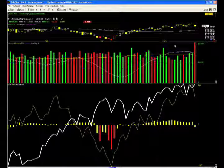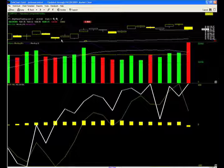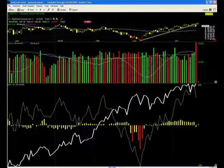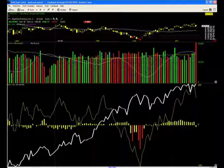and I think the reason why is because of the baby tail that you see here. Also, looking at the support line right here, you can see how it held. And then, even if you want to go out a little bit, use this as a support line. That's where it broke through, and that would have taken you out on the most shortest of short terms. However, as you can see here, if you connect these lows,